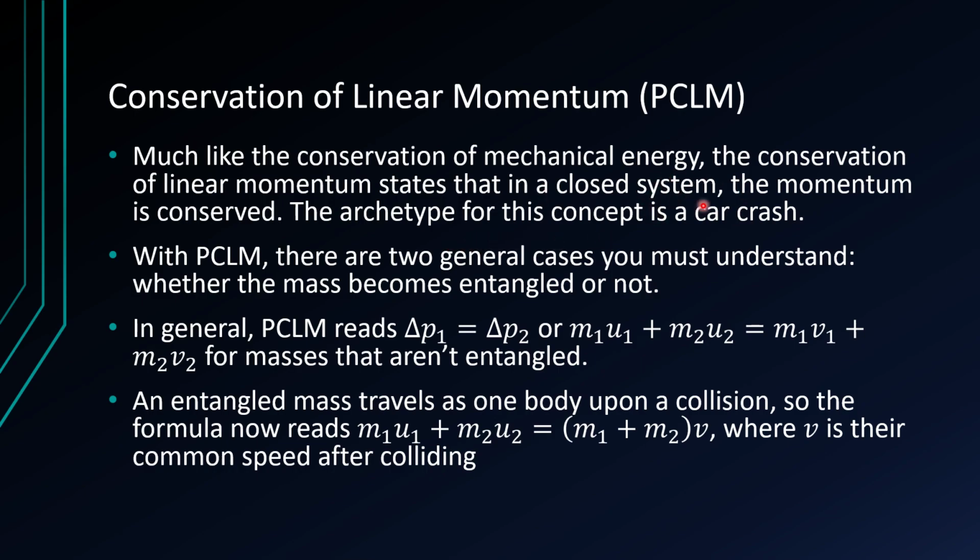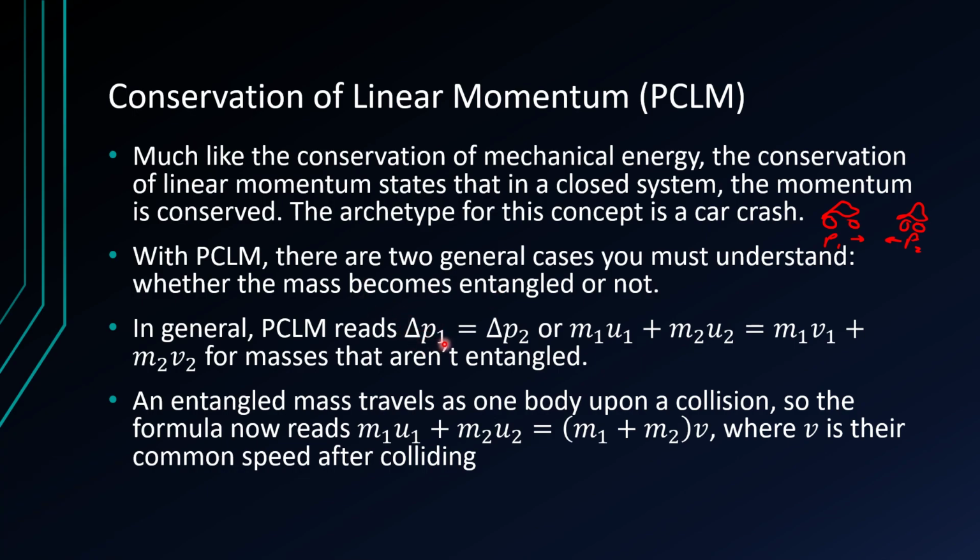So the archetype for this is kind of a car crash. So if two cars are traveling, I'll draw a little sketch. So if two cars are traveling and they have momentum P1 and P2, P is the symbol for momentum, and they travel towards each other, when they crash, the momentum is going to be conserved. So in general,